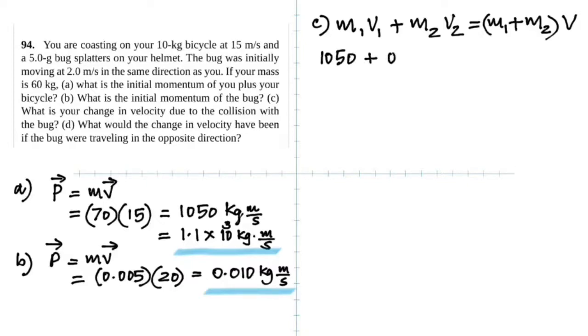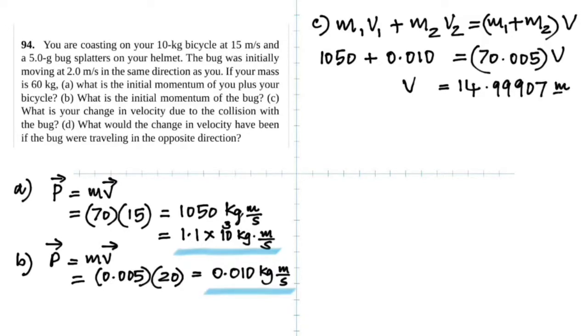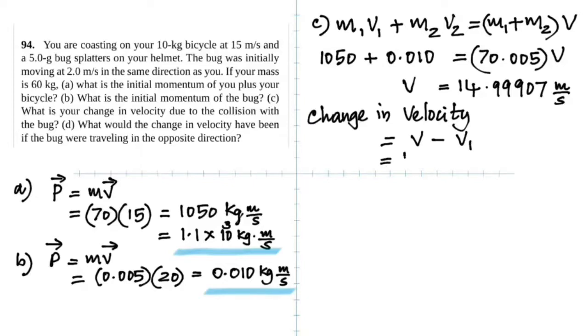If you have the momenta before collision, that's equal to the sum of the masses, because the bug sticks to the helmet, times the velocity, which gives the velocity as 14.99907, and therefore the change is the final minus the initial, which is this number, 15 minus,